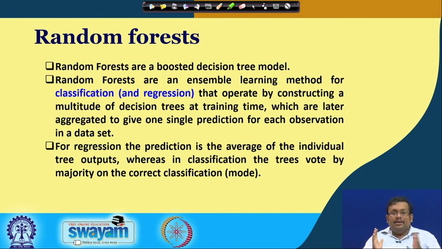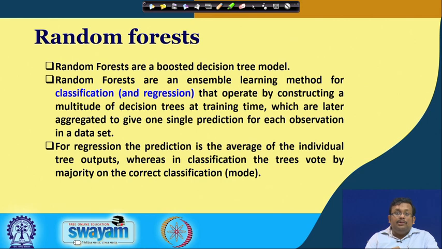So, what happens? We have known what a tree is in the case of classification regression tree. In the case of random forest, we create thousands and thousands of individual trees by randomly selecting the variables as well as randomly selecting the samples. And once we create these thousands and thousands of trees, we call it random forest.